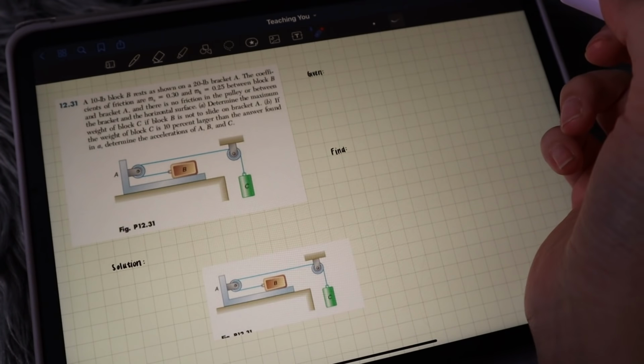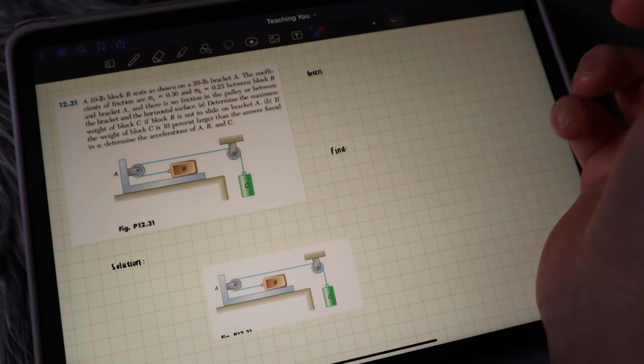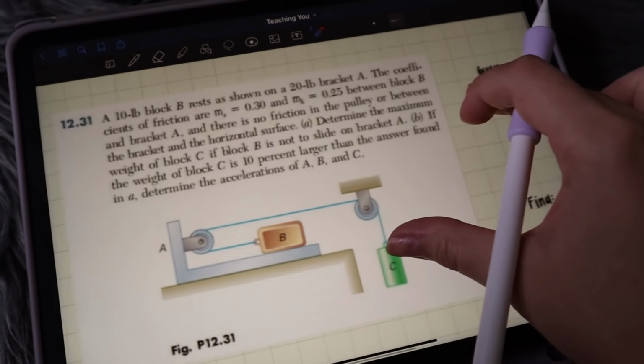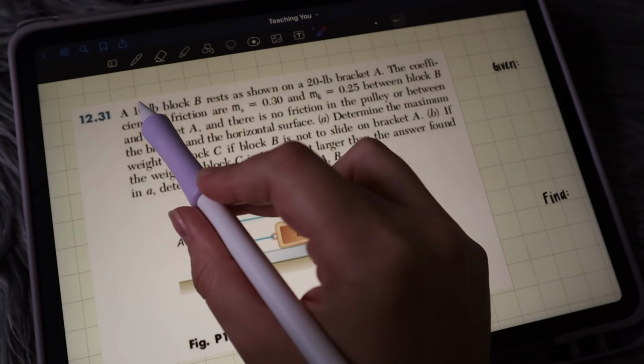specific problem, and then I can probably do that in a future video. Okay. Okay, so let's start right away. Okay. So it says